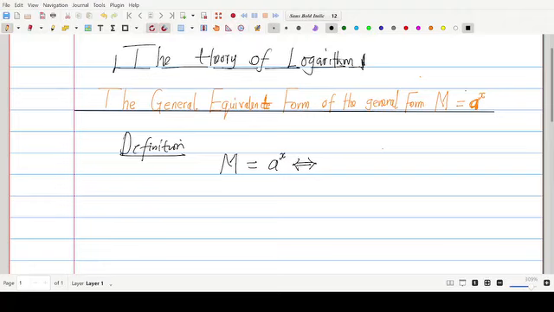Then whenever we have this general expression, we can write x equals log to base a of m, provided